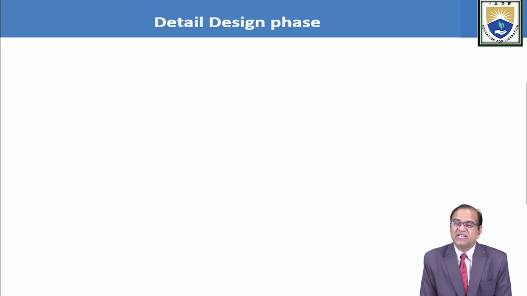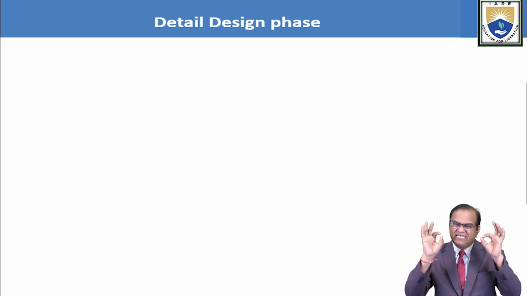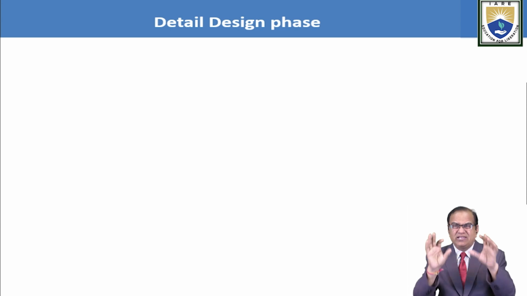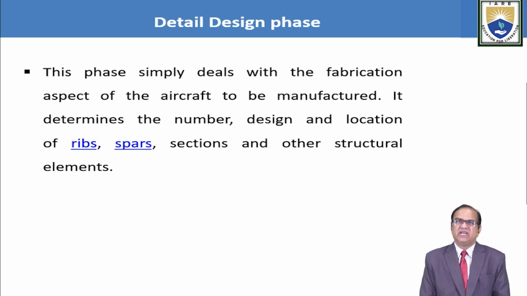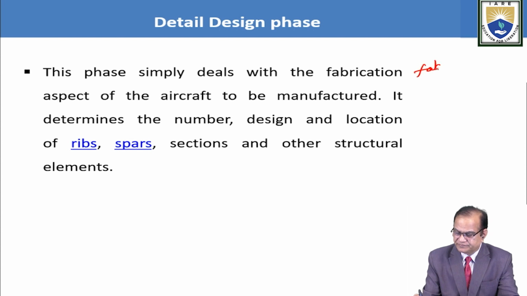Now the detailed design phase. So we have done the conceptual design phase, then the preliminary design phase. Now the detailed design means we have to look at each and every component, their size, where the nuts, bolts, rivets are, all the things we have to see in the detailed design phase. This phase simply deals with the fabrication aspect of the aircraft to be manufactured. It determines the number of designs and the location of ribs, spars, sections and other structural elements. So the detailed design is for the fabrication